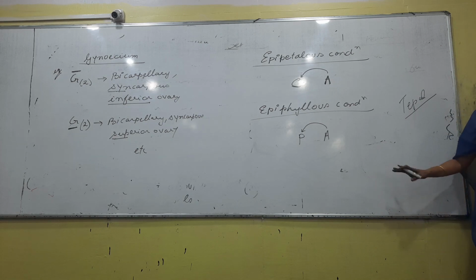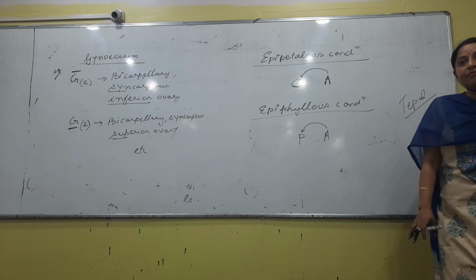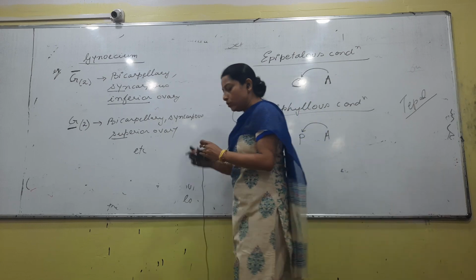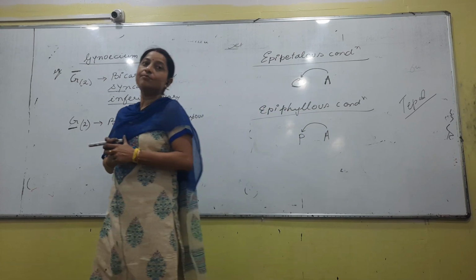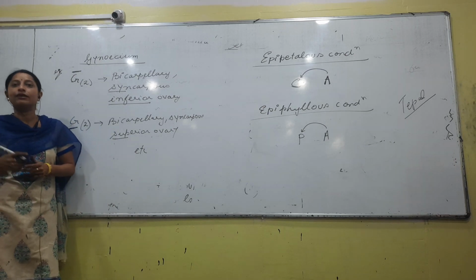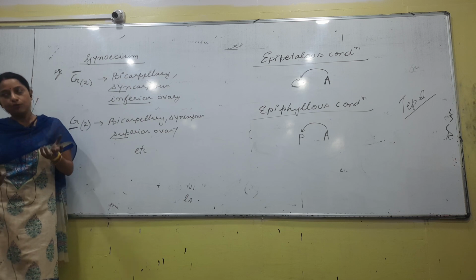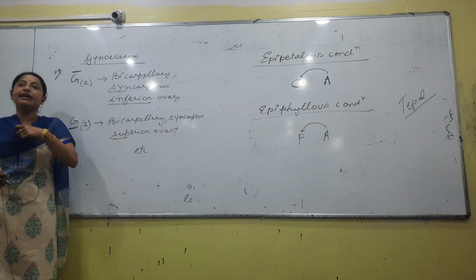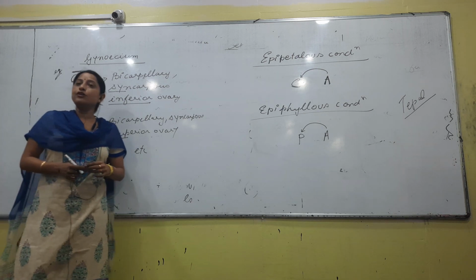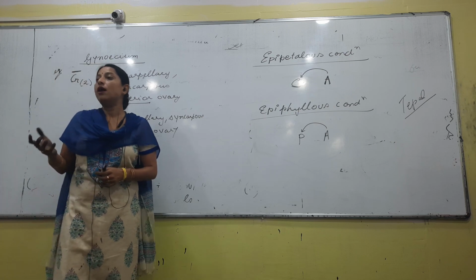I think this is all for today, okay? So in the next class, what we are going to discuss is the floral diagram and certain points about the angiospermic families. Floral diagram, no doubt many questions have not been asked, but in spite of that, it is very important. It might be asked in the next exam or in the future. A particular floral diagram would be given, and you would have to identify which family it represents. From that point of view, you have to practice and learn by heart, because you have to know how to draw it.